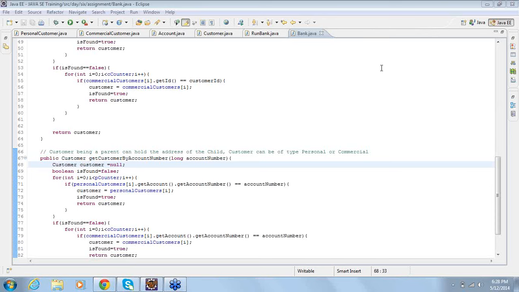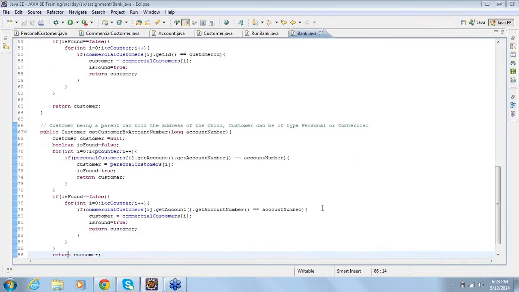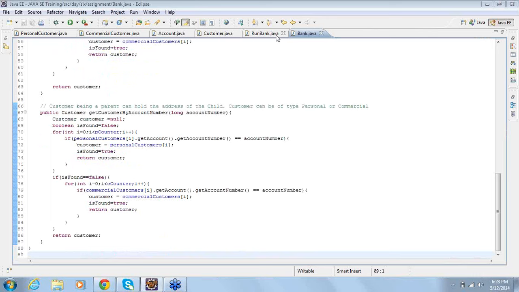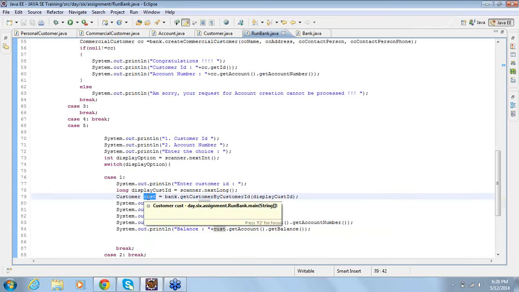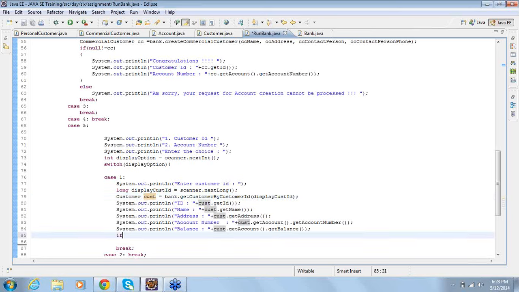Okay, so let me talk about that too. Here we go. Now, what it returned was a parent. Now I need to confirm who this parent is holding. Which child is the parent wrapping? Is the parent wrapping the personal customer or the commercial customer? So here we go.